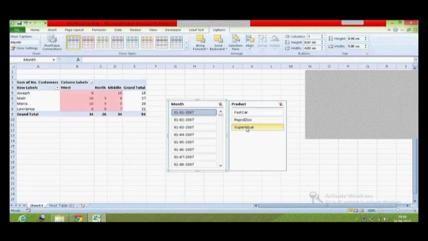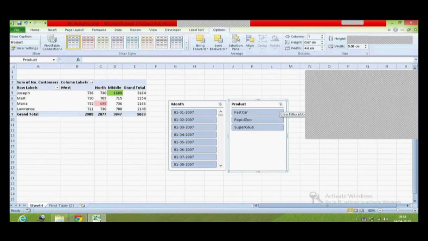So I select the date. Now if I use shift and then hit, I can select more than one option. Here the same way, I'm using control to select two options. So to select non-continuous options, you can use control, and to select the continuous option, you can use shift. So there I am having multiple attributes for slicing, and my data is sliced based on the option that I've selected. Once you're done with analysis, just remember to clear the filters and then hit delete. Your slicers are gone.